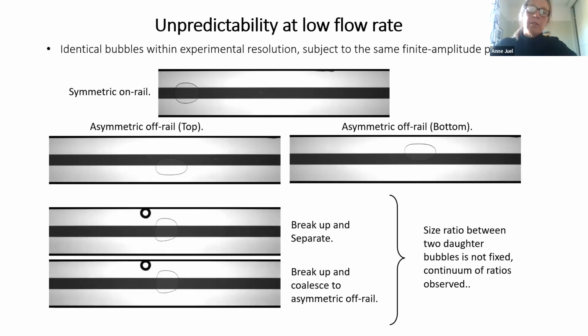Again, same bubbles as the 3 top ones, and these ones seem to be oscillating a bit, and then they split. And in one case, they rejoin, and in the other case they stay separate indefinitely. So essentially, and this is at really low flow rate, it again involves oscillations. As you see, the system starts oscillating after it's been perturbed.